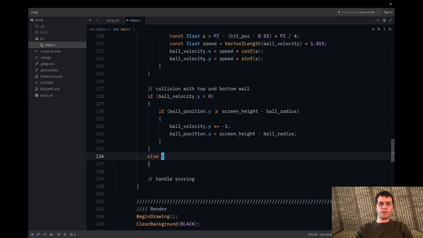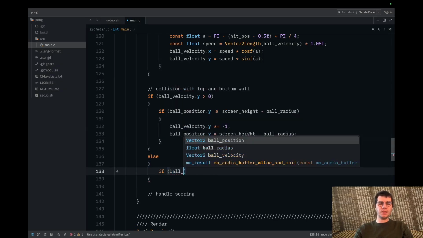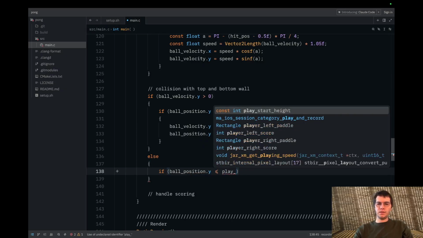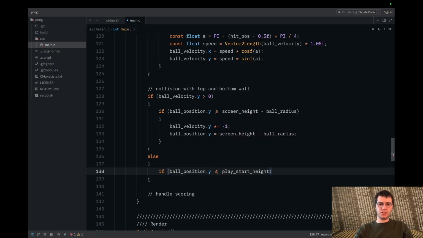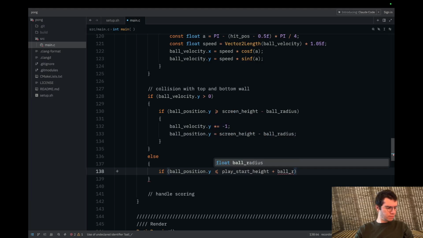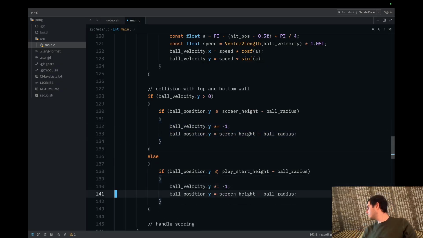And all this is going to be is we're actually just going to do pretty much the exact same thing, except if ball position.y is less than or equal to play start height plus ball radius, if I'm not crazy. Yeah. Right, then we're going to just take this, and then